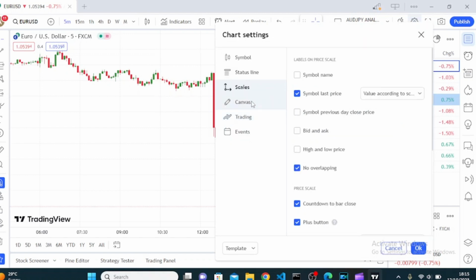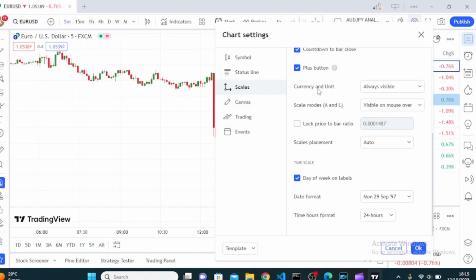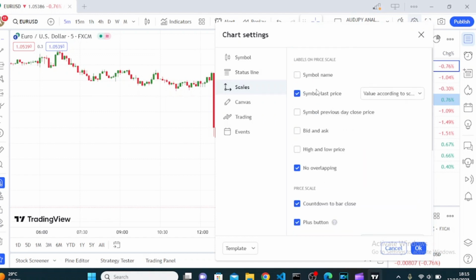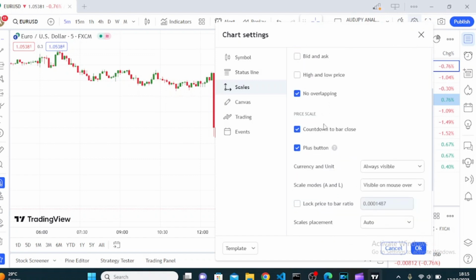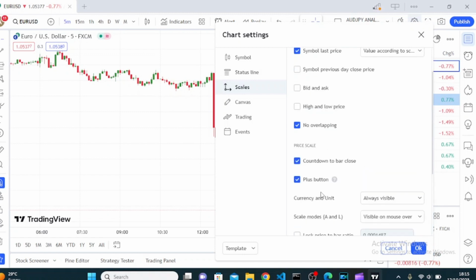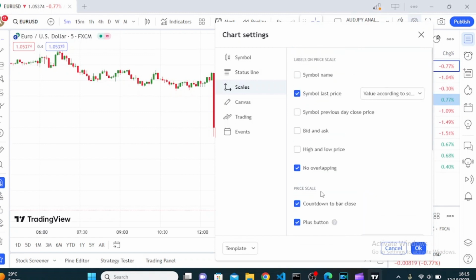And then, sorry, did I, okay, yeah, scales. So here as well, it's a whole lot of information that you can check out. All of them are important depending on your trading style and what you want, okay. I want to see if there's anyone that is so important you need to set up. No overlapping,